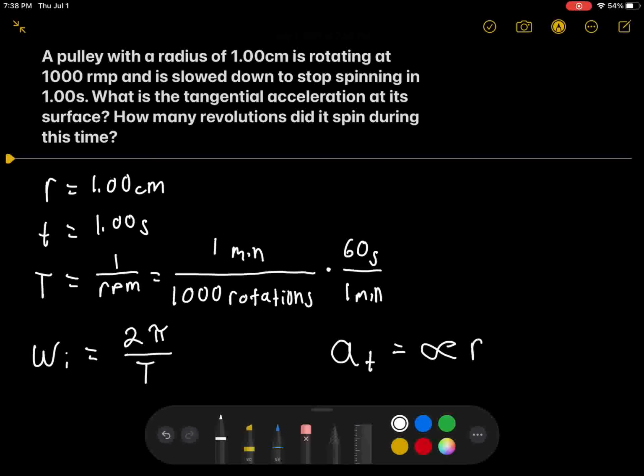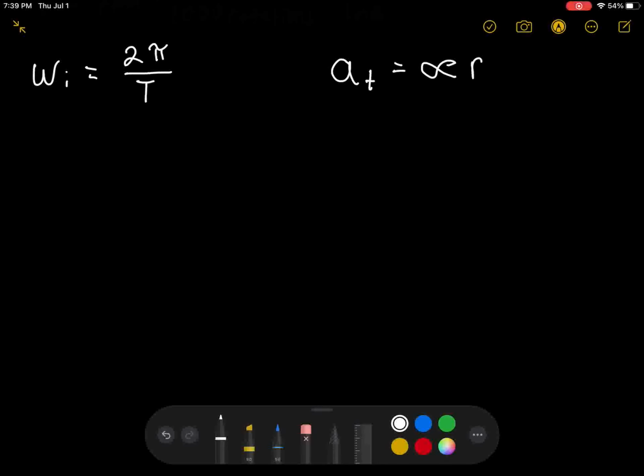Let's try doing that with one of the kinematic equations, shall we? Since we have the angular velocity and time, and we want to solve for the angular acceleration, let's use this following equation. The final angular velocity is equal to the initial angular velocity plus alpha times t. Now the final angular velocity, we know that to be 0. So solving for alpha, we would get negative